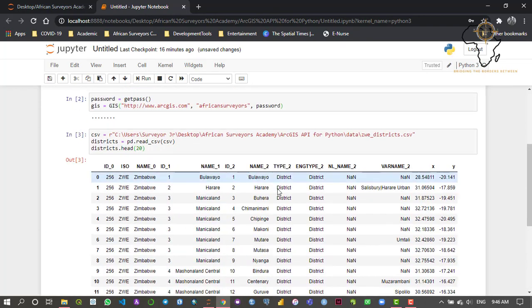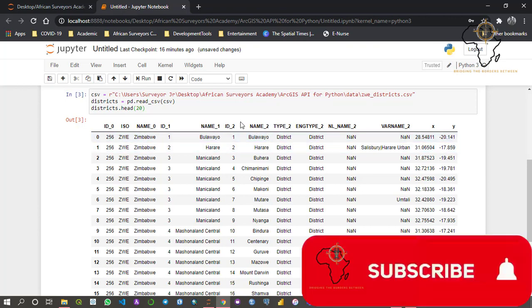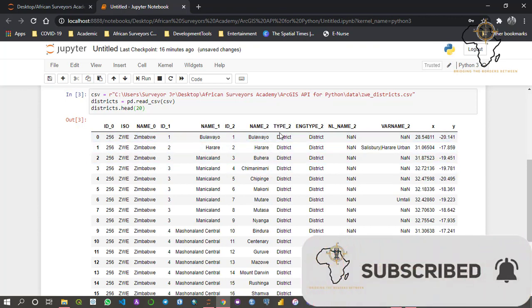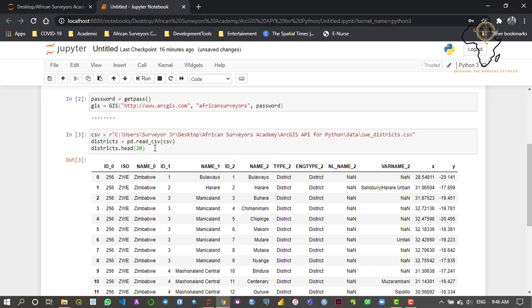So as you can see, this is my data. It has these columns. This column holds the name of the district and the name of the province which the district is in, and then it also has these X and Y columns. So basically, if I have these X and Y columns, whenever you're converting this into a feature layer, you can use these. Otherwise, if you didn't have these, it would have to geocode. Well, I'm not going to talk about geocoding because geocoding is going to be our next tutorial, and I'll talk about that later. So now that we have introduced and viewed our CSV file,